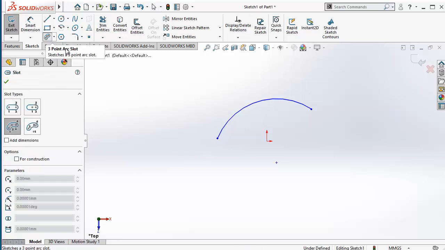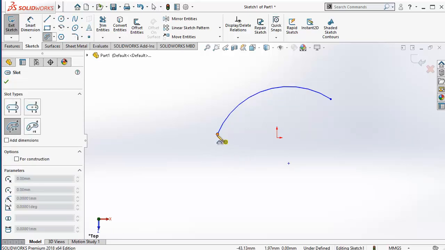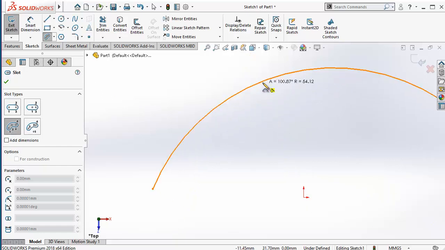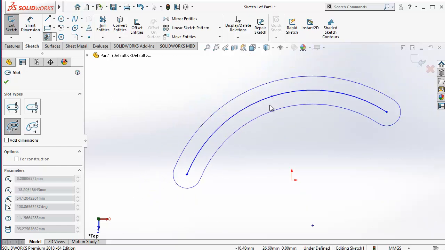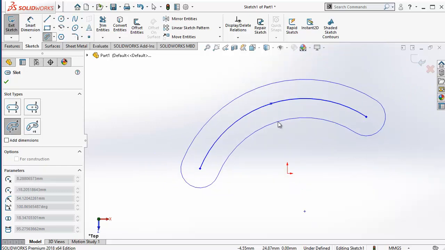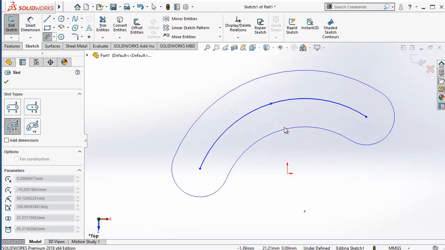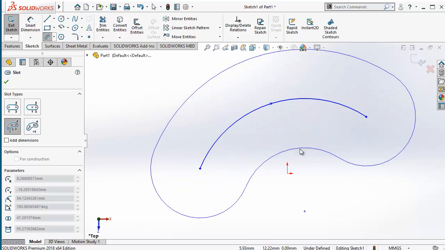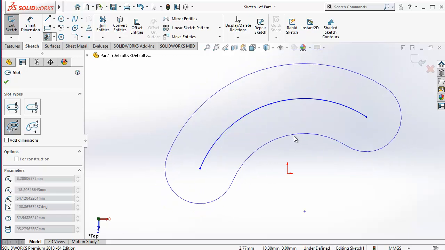So clicking for this slot, clicking for the first point and then for the second point and then for the third point to get in conformity with the arc, and then extending the cursor out, we can define its radius,